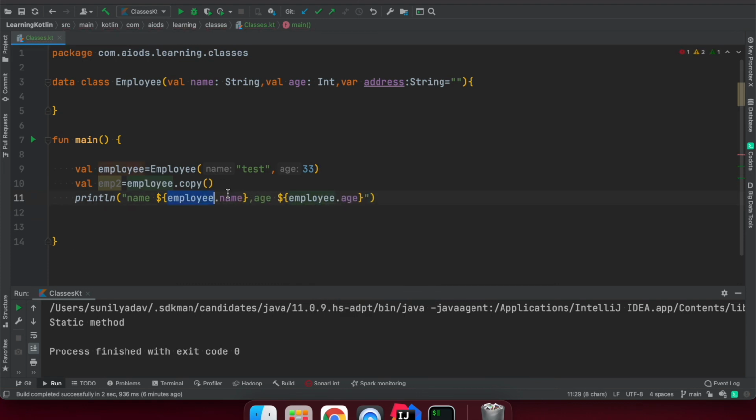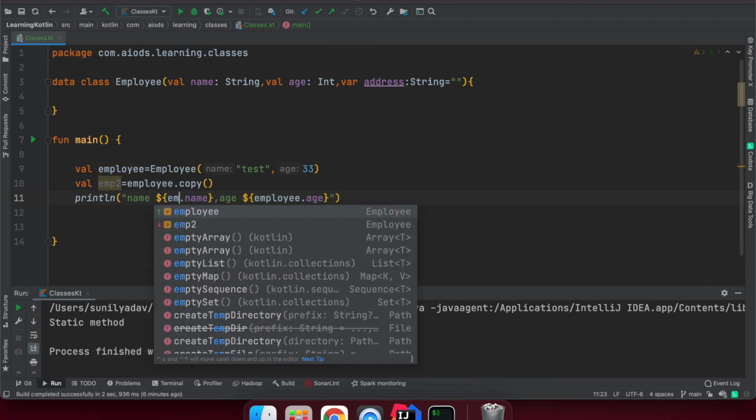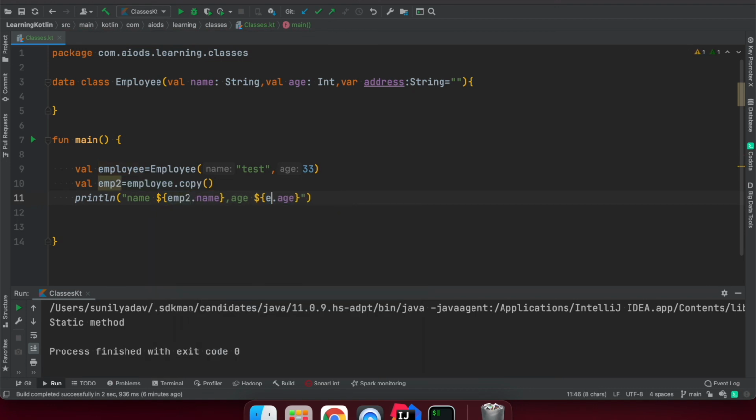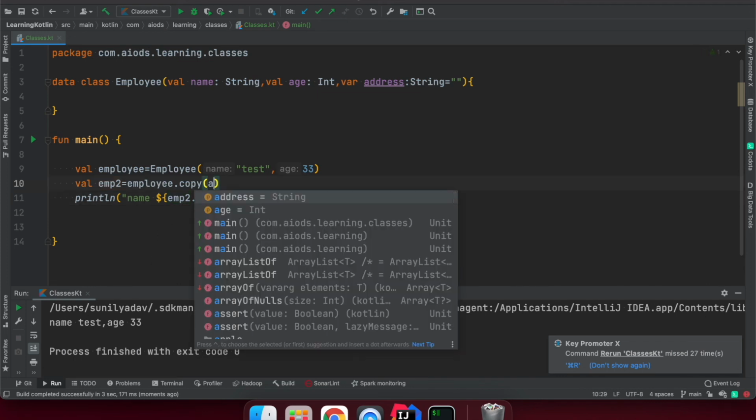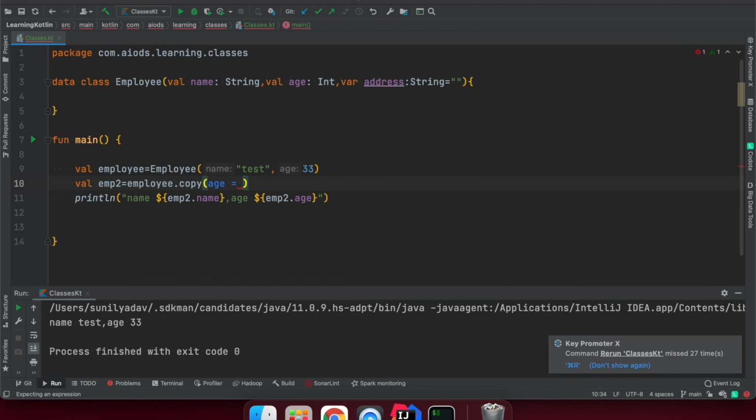So emp2 dot name, emp2 dot age. We can see the same values again because it's copied the data. And if we want to modify some value, suppose I want to change age to 34, it still allows you to change whatever field you want in this copy method. So this is a really good feature of data classes.